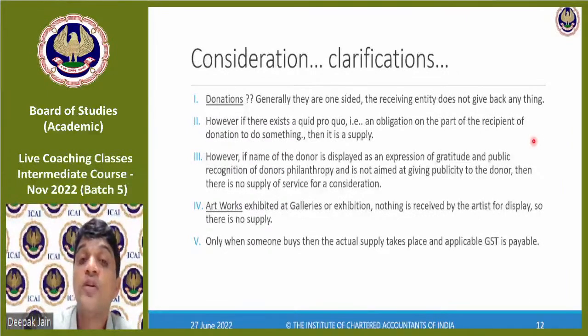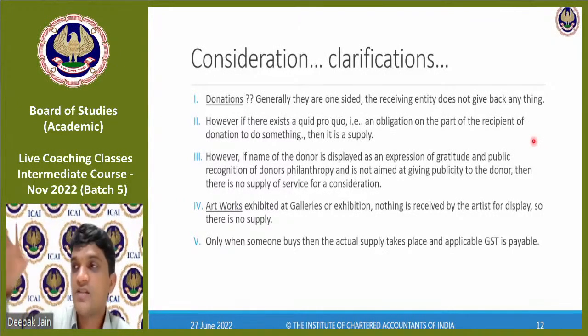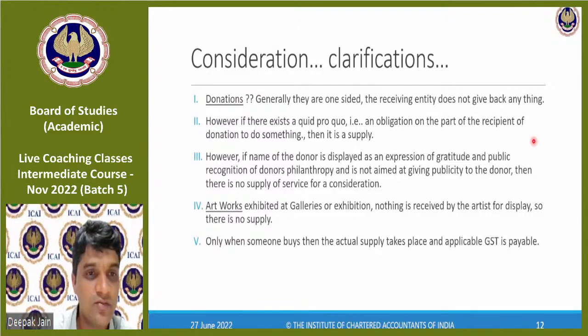So he will have to get registered and pay GST on it. Because the person who's paying the money is generally the recipient. I am giving money to him, so I am a recipient. So who is a supplier? The NGO. Okay, NGO becomes a supplier. They will have to register under GST and pay it. So be very careful. If there's any donation on which there's a quid pro quo, then who pays the GST on that? The supplier pays it. The supplier in this case becomes the NGO.